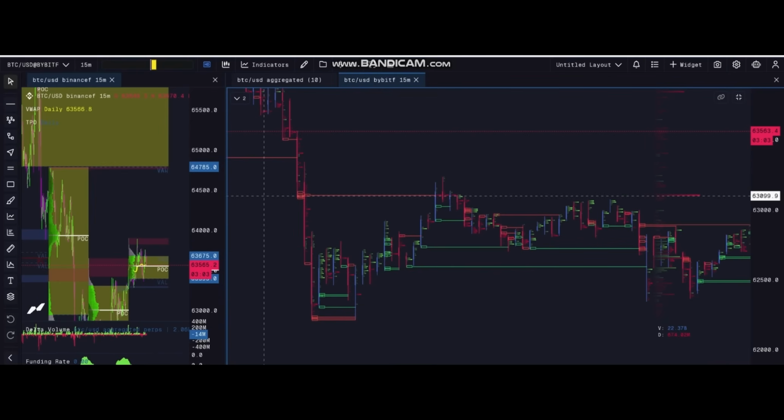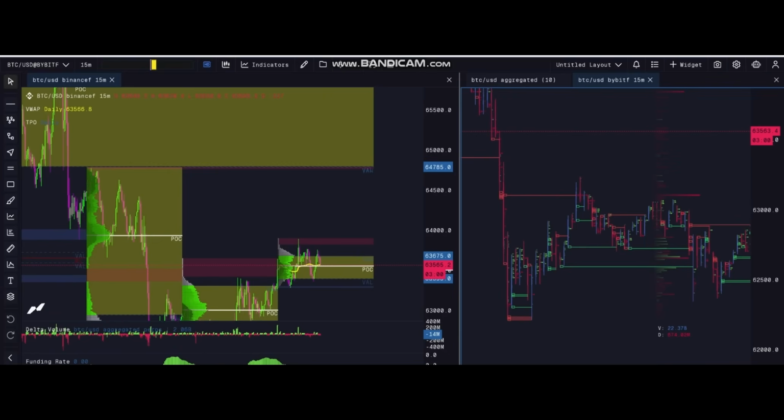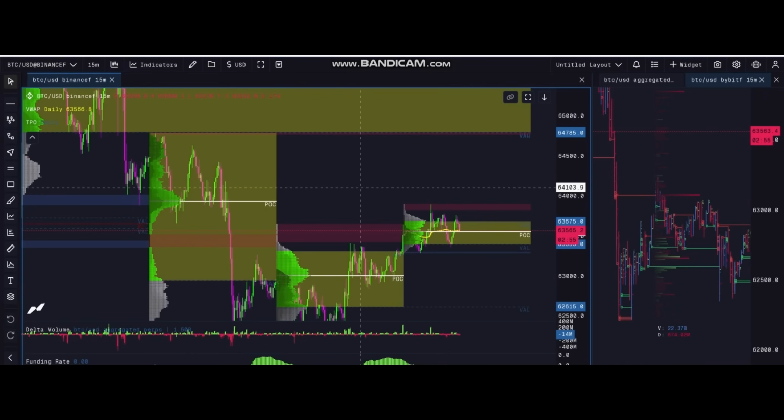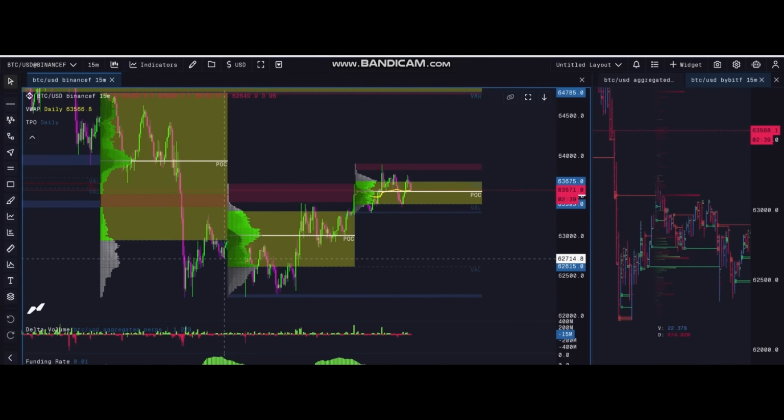Now, a single print is where price moves so fast that there weren't enough buyers and sellers to fill their actual orders, and that happened here. You can see this gap here in this profile. Price came down on this candle, left a single print, and the next session, price came back up, filled some of the single print, the big imbalance, came back down, and we have